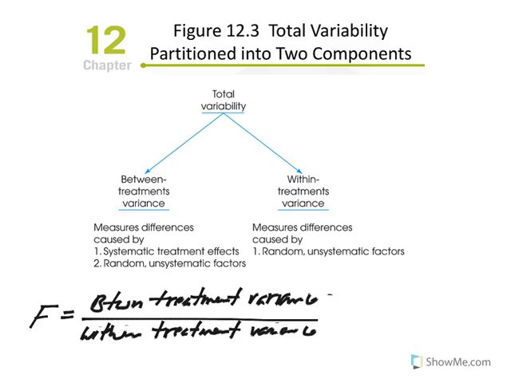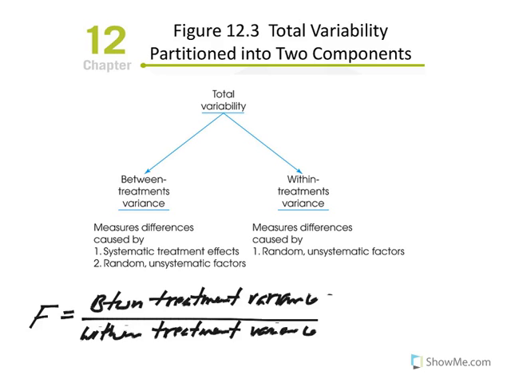Figure 12.3 shows the overall ANOVA and identifies the sources of variability that are measured by each of the two basic components we just discussed. So again, we have total variability, and total variability is comprised of two different variances. One referred to as between treatment variance. Again, variance can be interchanged with the word differences. And within treatment variance,